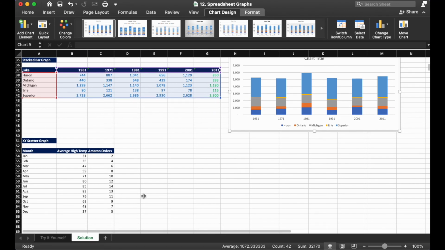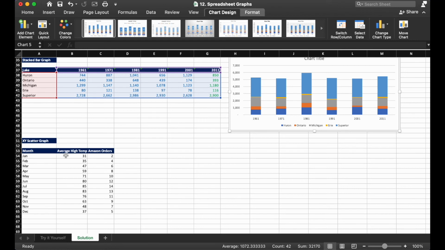Okay, finally we're going to go to the XY scatter graph, and the purpose of the XY scatter is to view the relationship between two variables. A53 to C65 is a sample data set showing the average monthly temperature throughout the year and the number of Amazon purchases in that month.